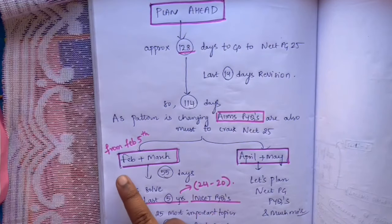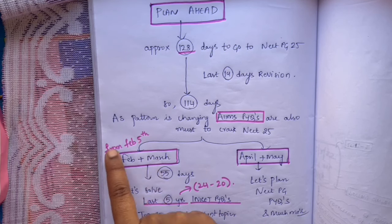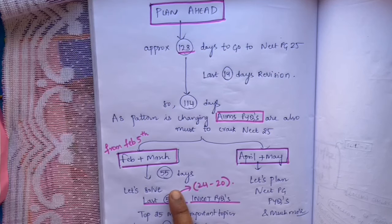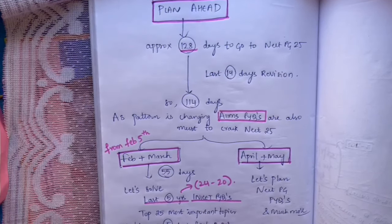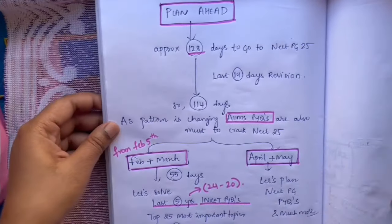From February 5th, from yesterday onwards, I have started posting INICET November 24 questions. For the entire month of February and March, that comes up to 55 days, let's solve the last 5 years of INICET questions, 2024 to 2020. Each year has 2 papers, so we have at least 5 questions per day, 5 days per paper. We can solve 10 papers,